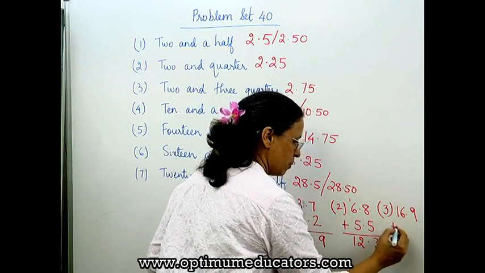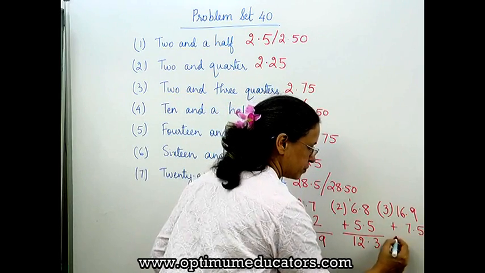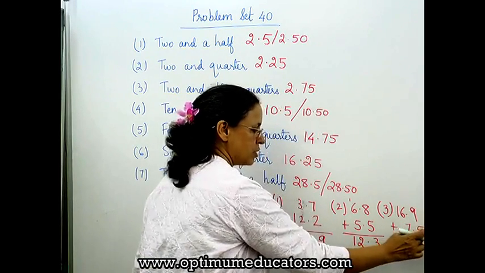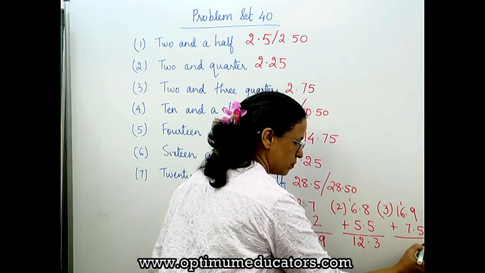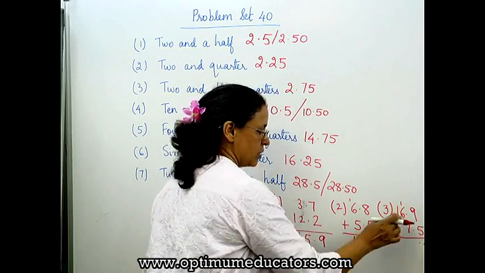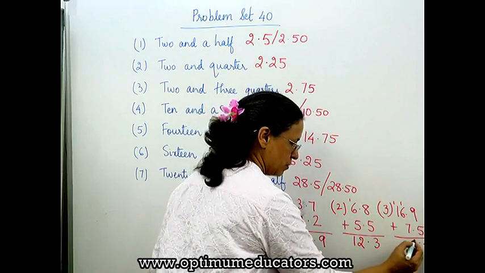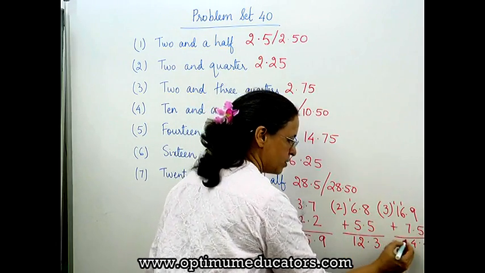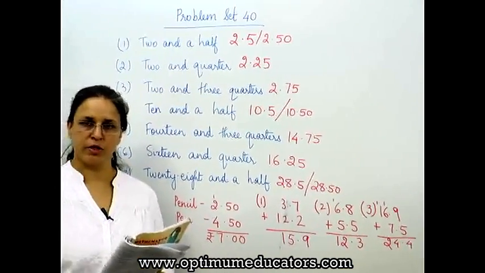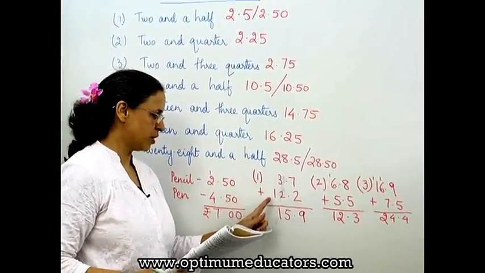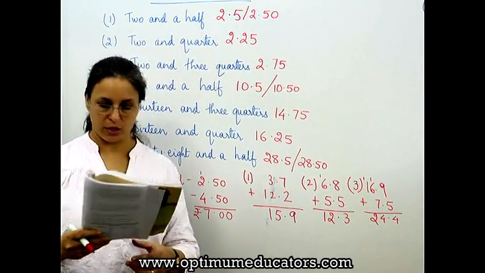The third sum that they have given you is 16.9 plus 7.5. 9 plus 5 will give you 14. Put the decimal point. 6 plus 1 will give us 7. 7 and 7 we know is 14. And here 1 and 2. So 24.4. So even if we have decimals, that means जब decimals में दिए होंगे तो भी हम addition easily कर सकते हैं, जैसे normal addition करते हैं.